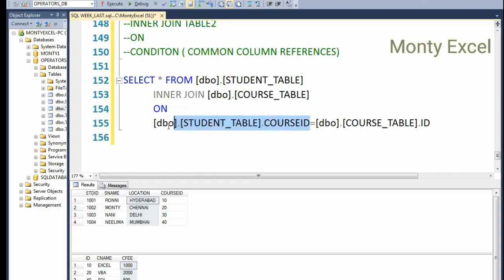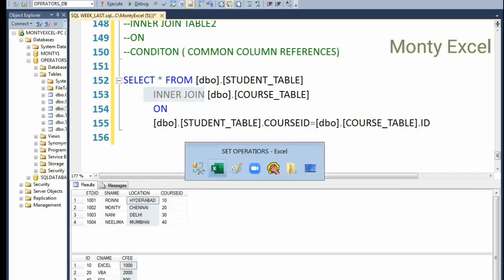The table dot your column name is equals to the second table dot ID. So here the common column is ID. Here the common column is course ID. I'm just trying to check if it is equal to this, then get me the records. What kind of records? Because I'm using an inner join, the kind of records which you're going to see is,